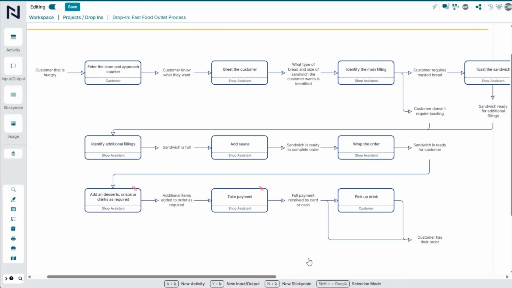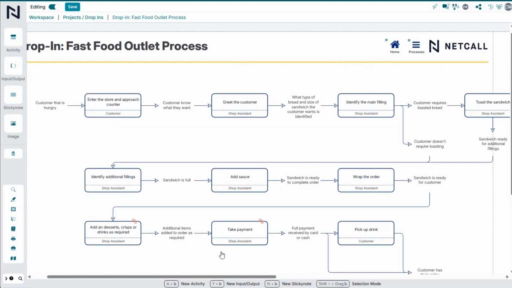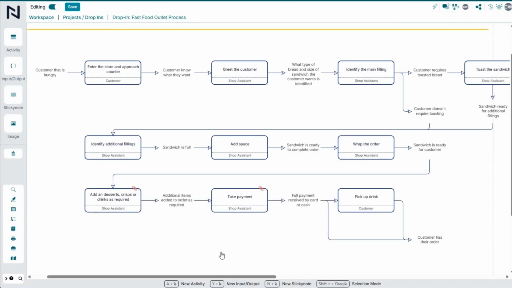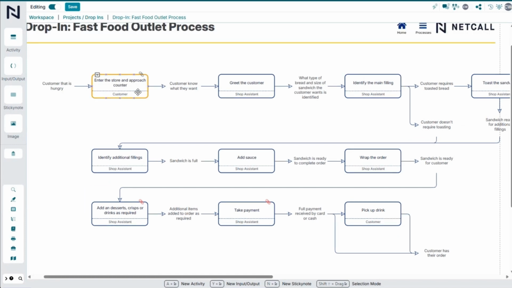Now, I could go into more. Normally, what you then start to do is, okay, why were we mapping this process? Was there any additional information we wanted to know? So again, if you were trying to understand how the customer feels about this particular process, you might start going through and go, okay, what's the customer experience at each of these? Do they understand what's going on? Are there any challenges that they face? Or if you were looking at automating some of this or trying to make some sort of improvements, you might start going through and